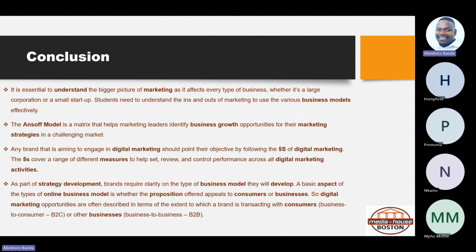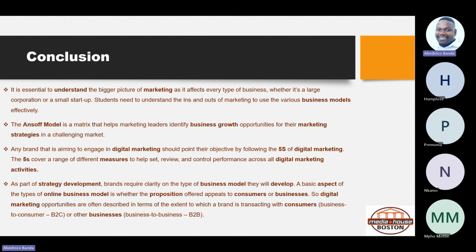So in conclusion of this lesson, it is essential to understand the bigger picture of marketing as it affects every type of business, whether it's a large corporation or a small startup. You need to understand the ins and outs of marketing to use the various business models effectively. We already discussed the business models. The ANSOFF model is a matrix that helps marketers identify business growth opportunities for their marketing and strategies in a challenging market. We discussed that, and any brand that is aiming to engage in digital marketing should point their objective